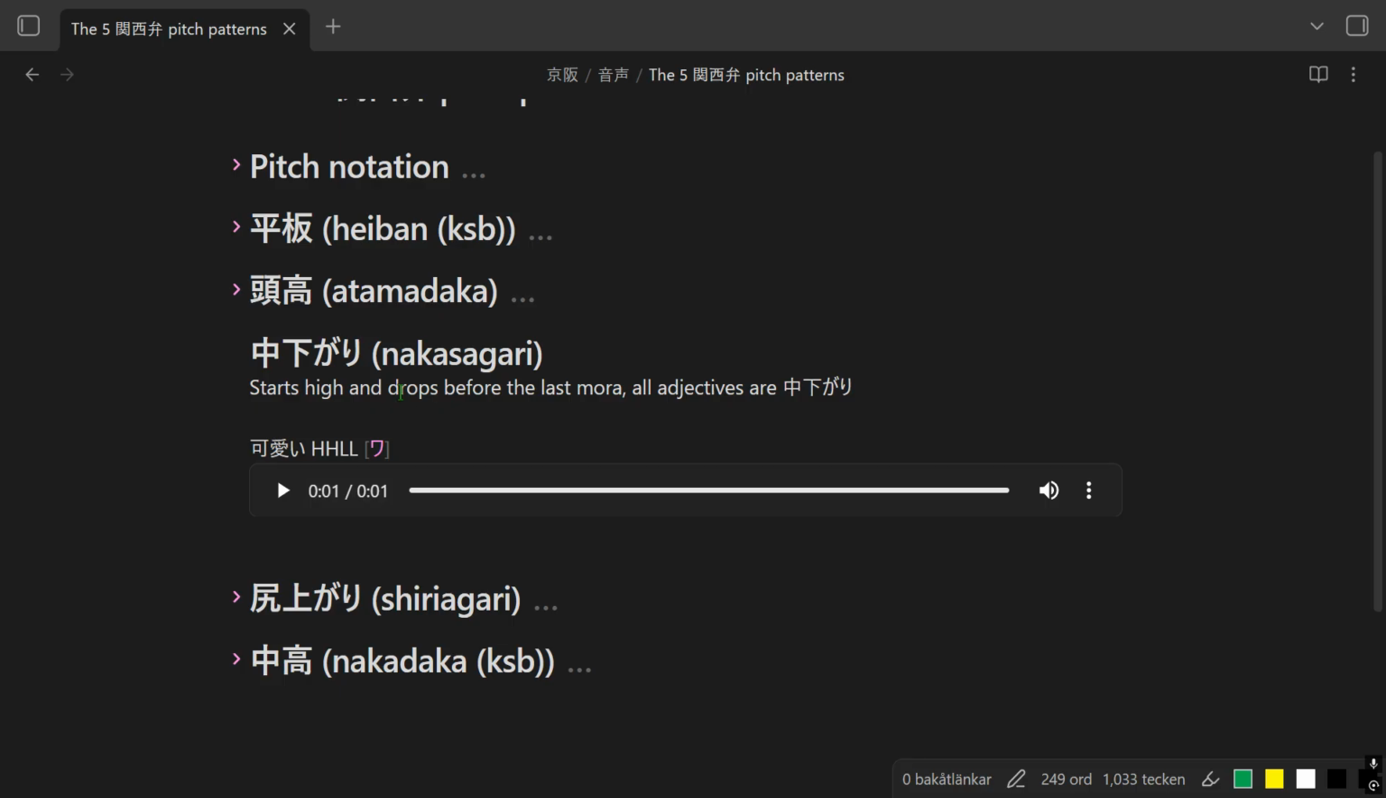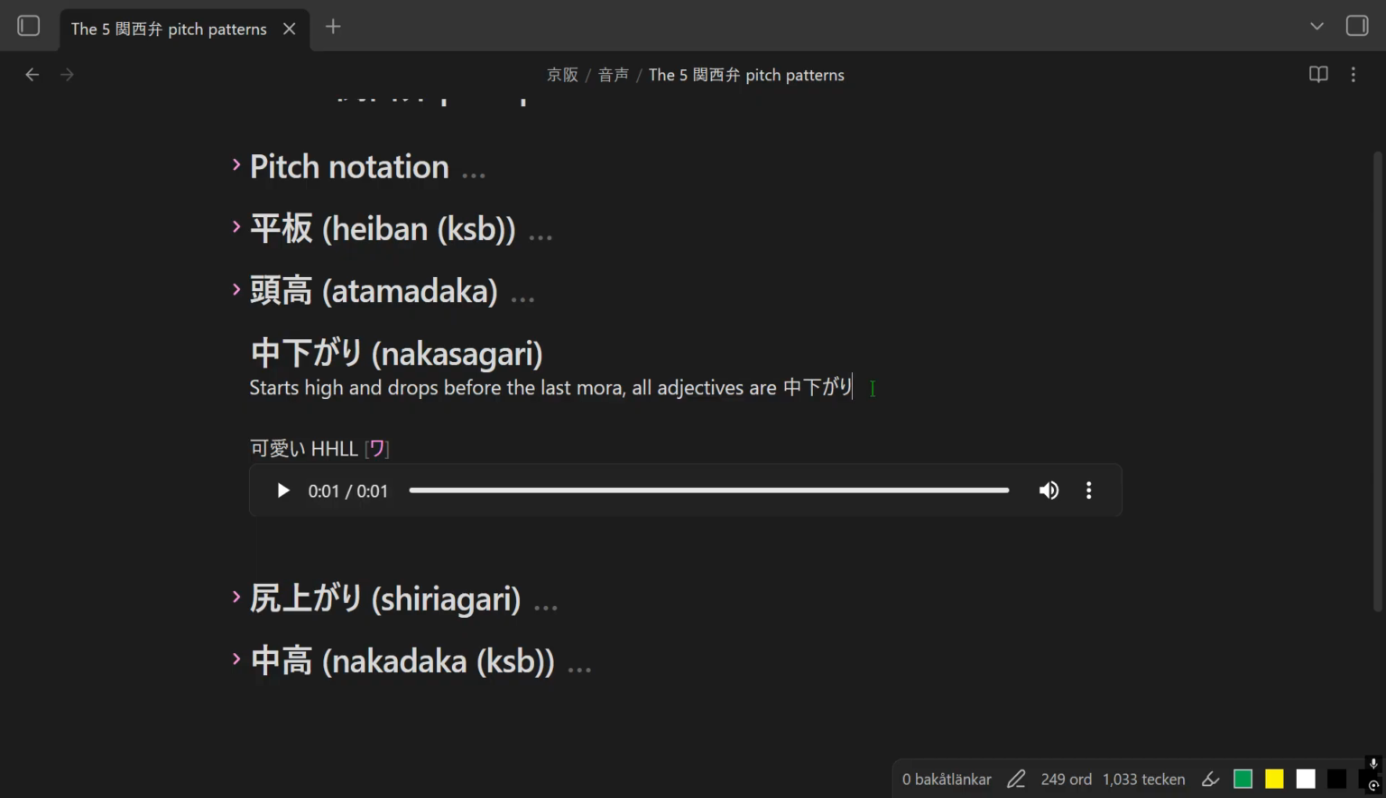So nakasagari starts high and then drops before the last mora. A great example of this is that Kansai Ben adjectives are all nakasagari. There's a rule in Kansai Ben that before the last 2 mora, it'll drop. So every single 3 mora adjective